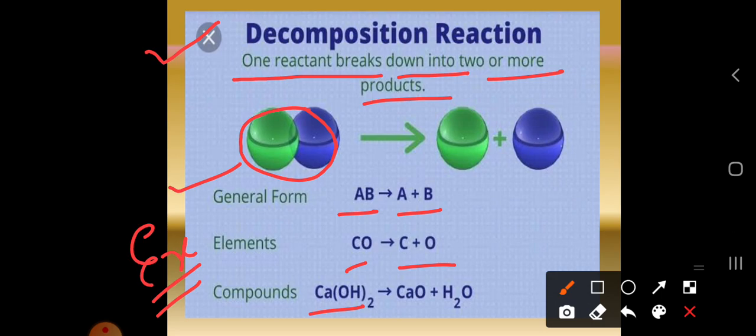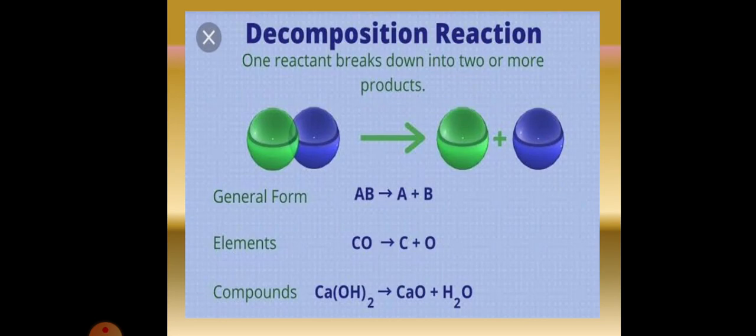Again, you can take the next example, where these compounds can also be broken down. So what are the products formed? That is calcium monoxide and water. So this is our decomposition reaction. Now let us discuss